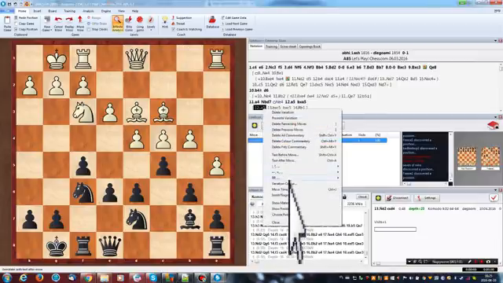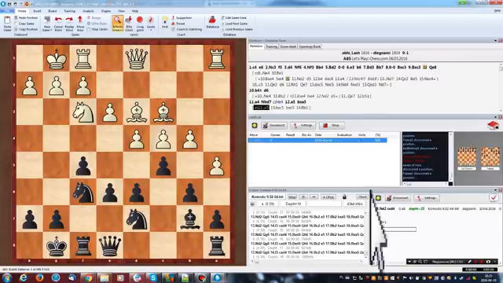So let's check it. And after c5, well, white, bishop d5, bishop c5 is okay. d6, and then we are in the same situation. So it's a good pawn break actually. And okay, now if white pushes the d pawn. What about